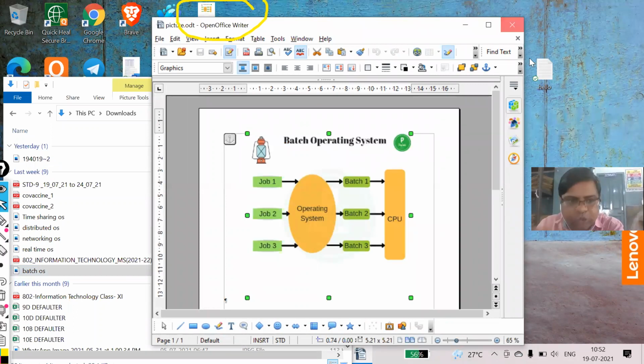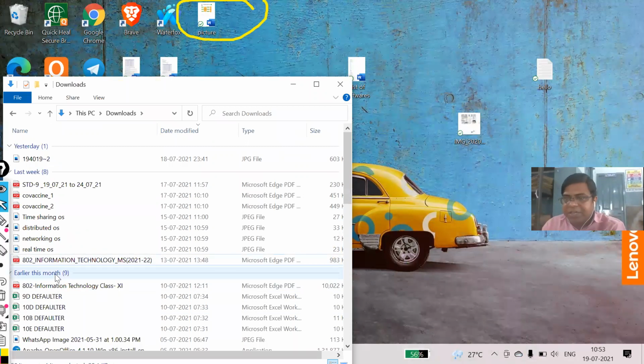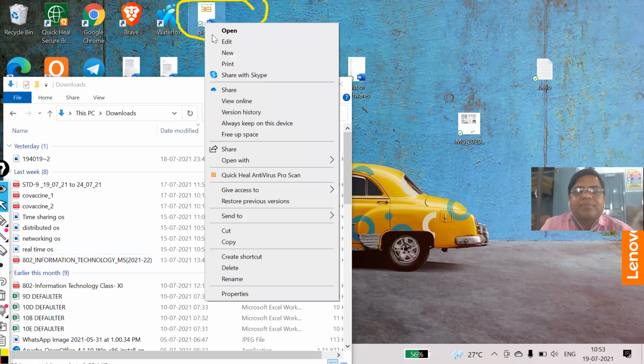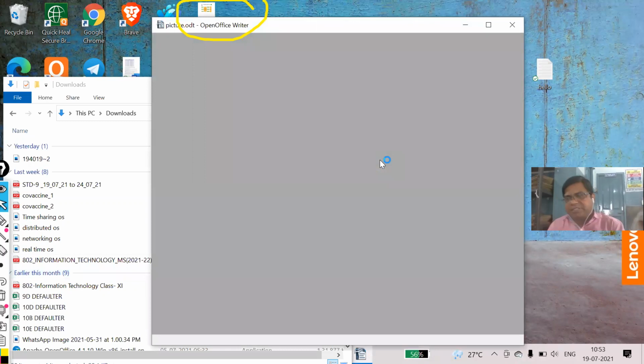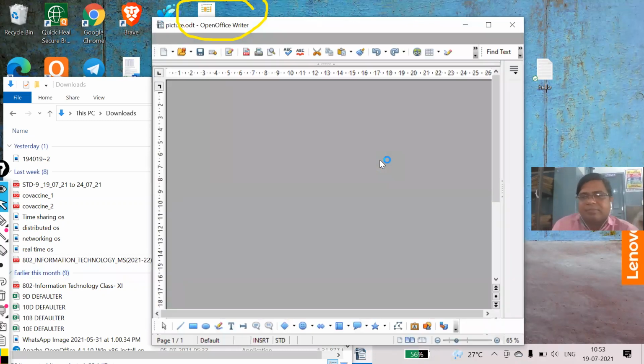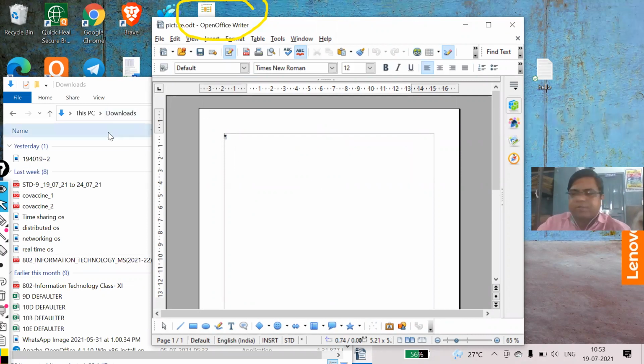Now check it. I'm closing this one. Now the main original file I'm going to delete from there. That is deleted. Now when I open, instead of picture, it will show a link. Just to see it. Because my picture has not been inserted. The link has been inserted with the picture. See, picture is not there. So I hope you have understood this topic. Okay, now let me delete this.